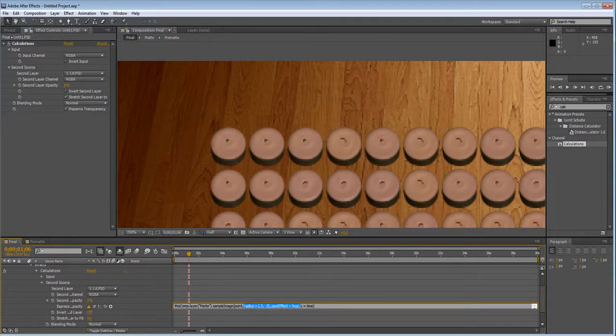So we don't need all this. Let's just remove that, and we need to change that to the position. Basically it's going to look at the position of the candle, and if that is filled with white, then it will turn on. But of course we need to clarify that we need the alpha channel, so we're going to add brackets and just type 3 in it. 3 means alpha, 0 being red, 1 green, 2 blue, and 3 is the alpha channel